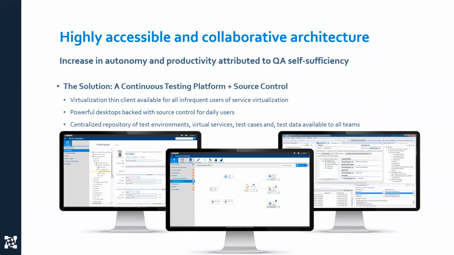And of course, source control is going to be a huge piece of this. You need to have native support for source control, because on top of the sharing, you're also going to have different versions. And maintaining those different versions, these are what source control systems are built for. So look for a solution that natively integrates with a source control system.